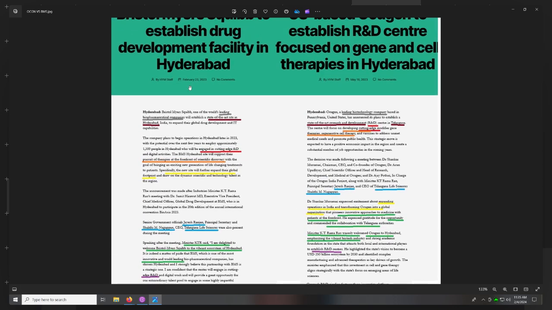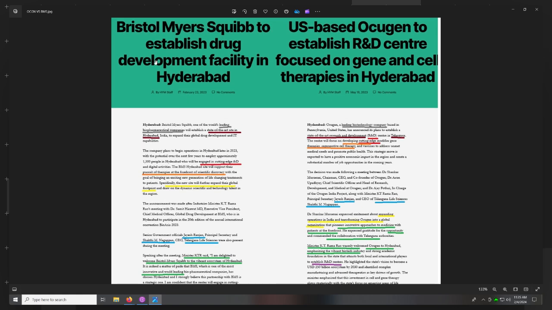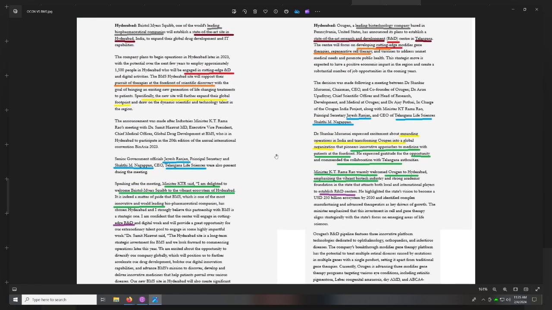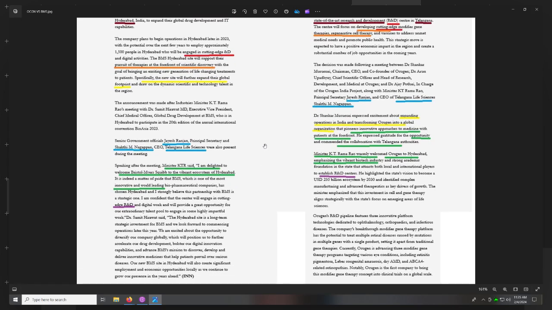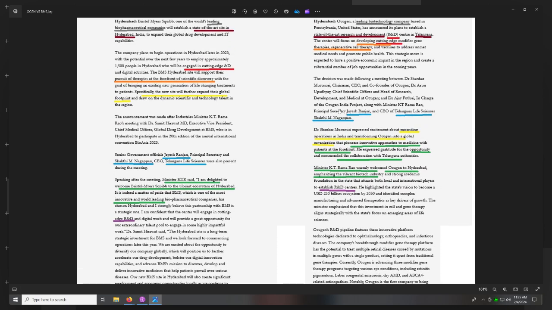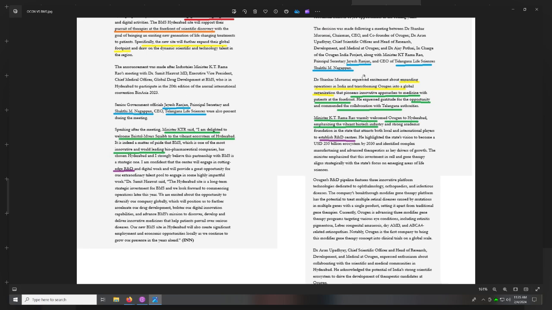And by the way, this was in February where BMS met with KT Rao and set up this. And Ocugen was May, right? Just a few months later. Tell me these two companies aren't already intertwined and connected. Right? So it wasn't just KT Rama Rao, the same two people that were there making the deal, right? The Telangana Life Science Government crew. Jayesh Ranjan was there, and Asakti, right? Both of these key players were at